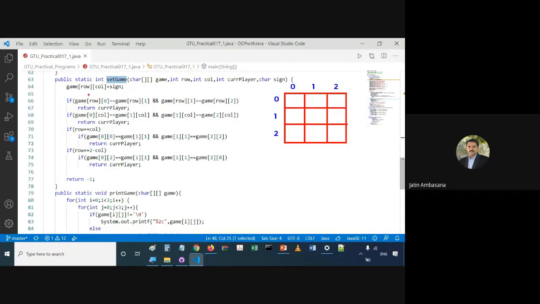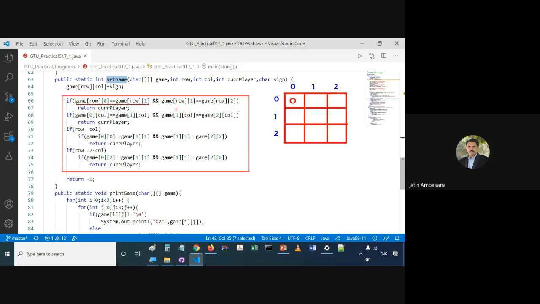Now see, first we say game[row][column] equal to sign. So first we directly assign the value over here. Then we run the if statements, where we say if game row of 0 is equal to game row of 1.